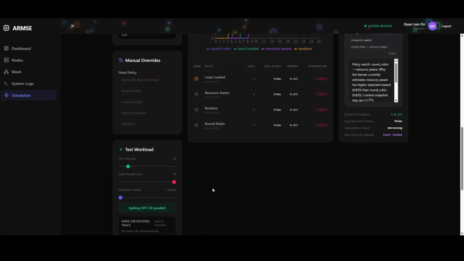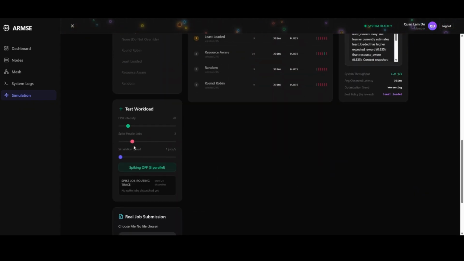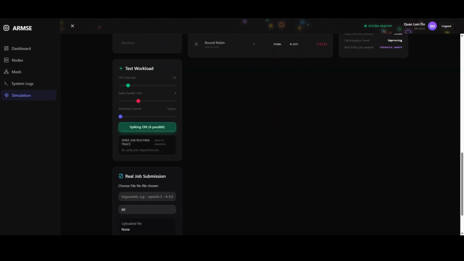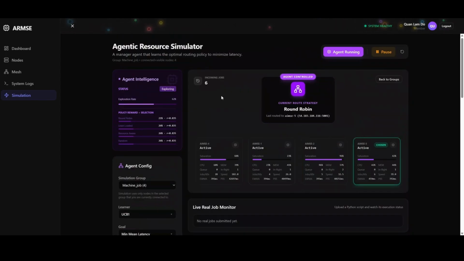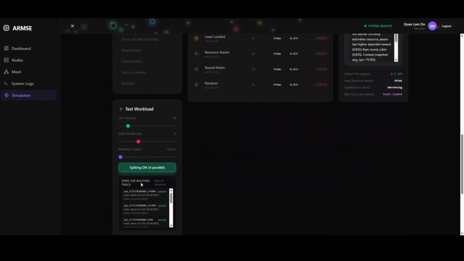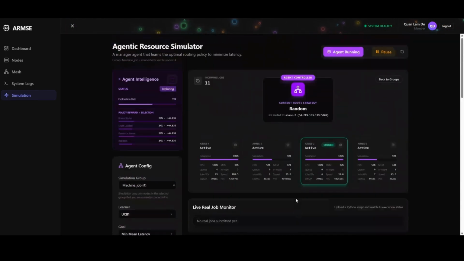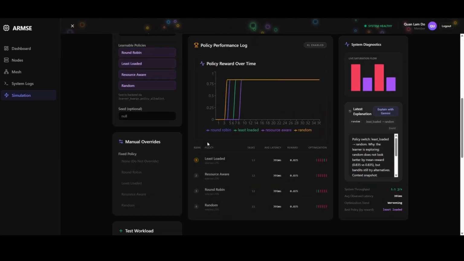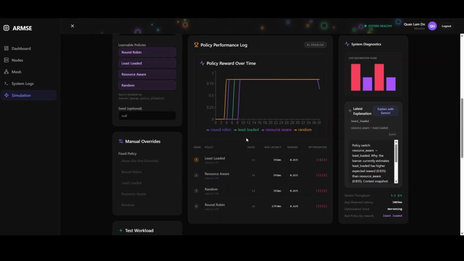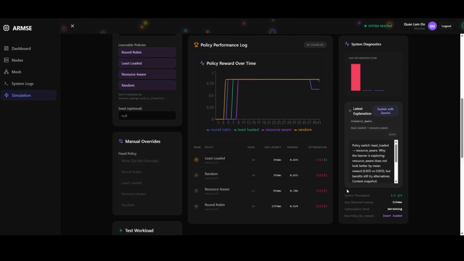helpful to the system. And down here, there's something that we can use to stress the system a little bit. So if we turn this on and send in multiple jobs, we start stressing out the nodes to see how they operate under a very stressful environment. Here it will display the leaderboard and show which policy is best for a goal given a certain behavior of